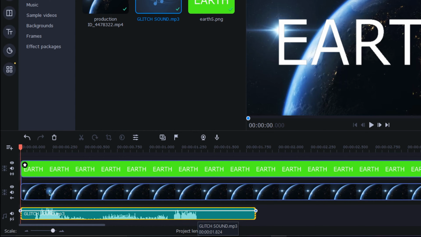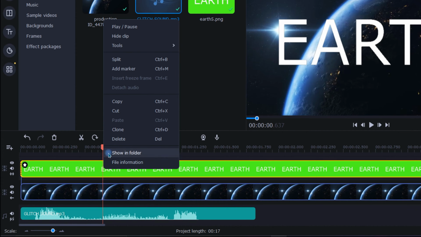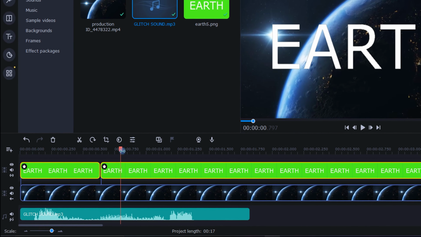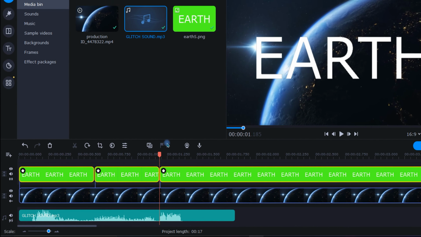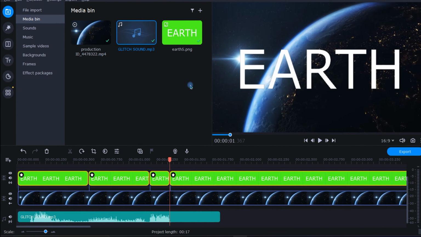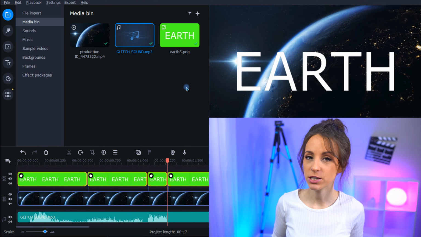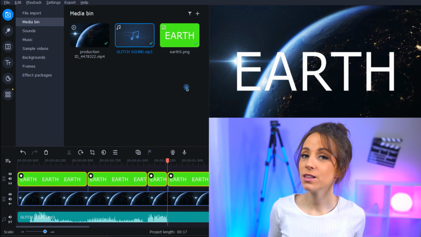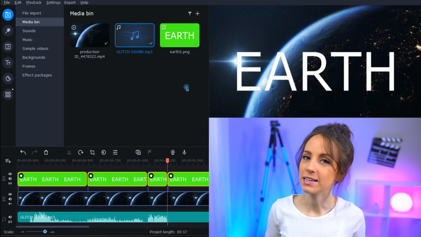So to do this, we'll grab the playhead and move into position, then right-click on the text and select Split, and we'll continue this same process to finish up the rest. Now that we have our text broken up into a few sections, we can begin adding filters. There's a lot of fun filters that would work for this effect, but for now, I'll just show you the ones that I like to use.